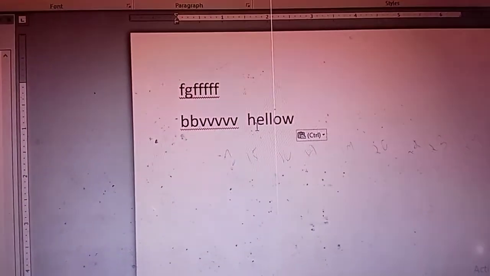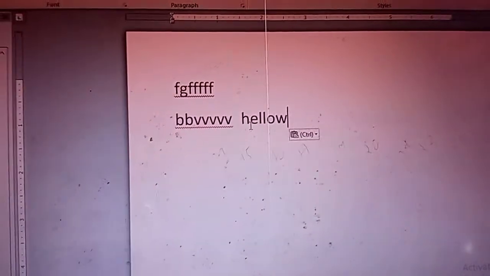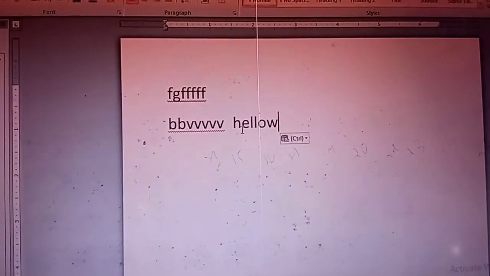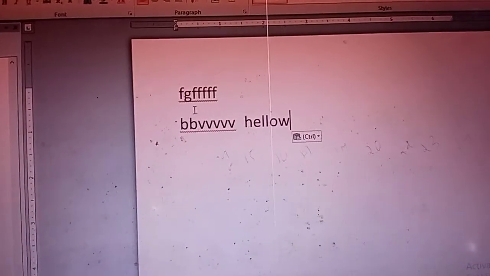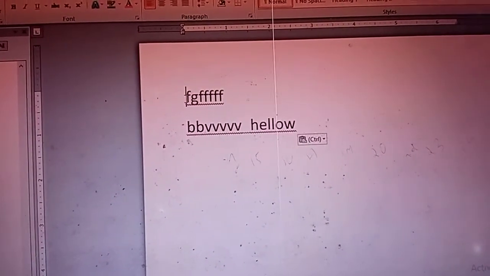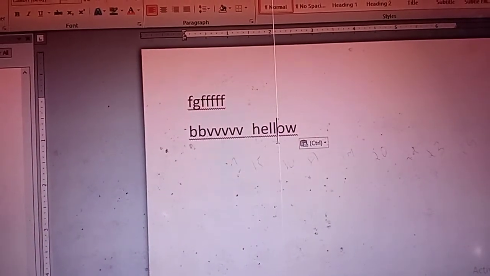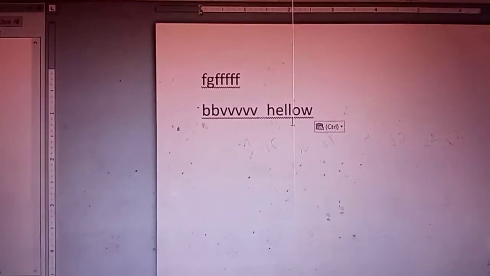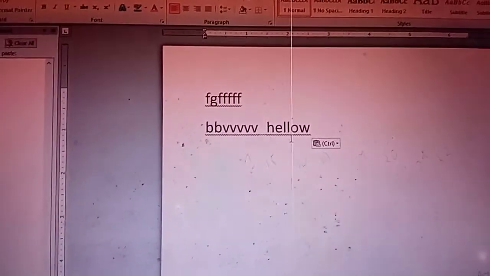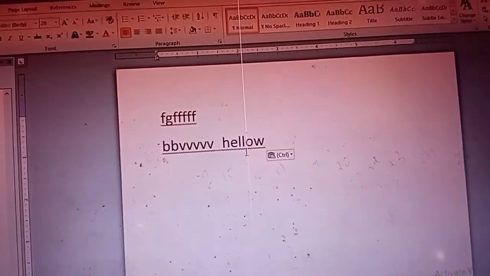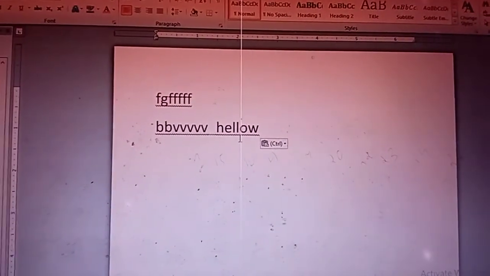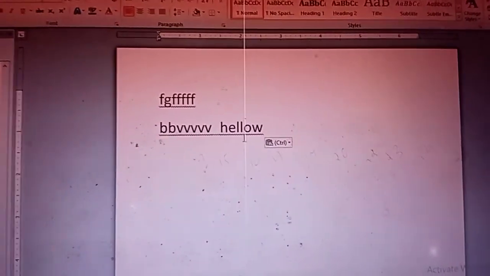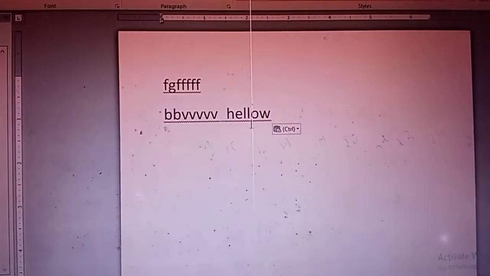Understand? This is called cutting. Cutting means moving. Before, hello was here, now hello is here, so that is called moving. In copying, the original text remains in its original position, but in cutting we move that specified word to another place. This is the difference between copying and cutting.